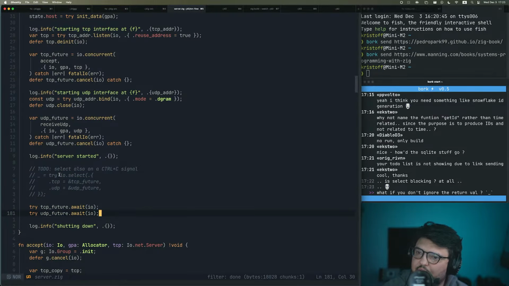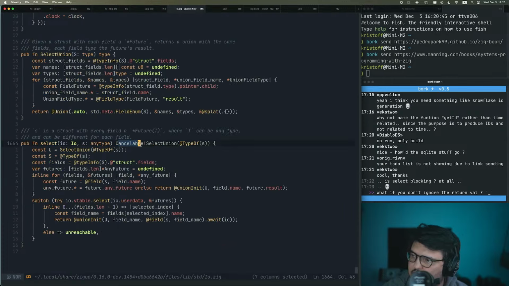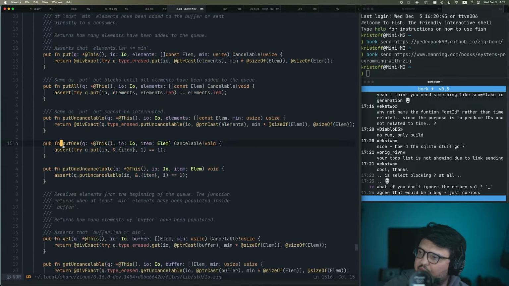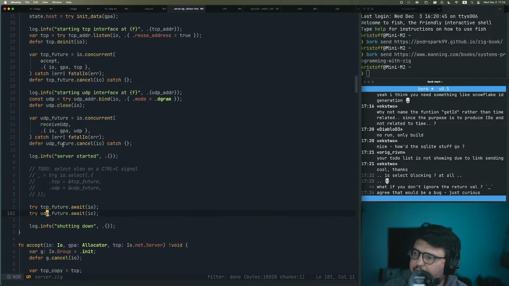In any case, what if you don't ignore the return value? That doesn't matter because we should not be getting a return value, unless you're saying that you need to await that. But maybe I am misusing select, but I don't think so. Cancelable and select union, it's a type. No, because you're supposed to stuff select immediately into a switch. So yeah, I think it's a bug. Anyway,